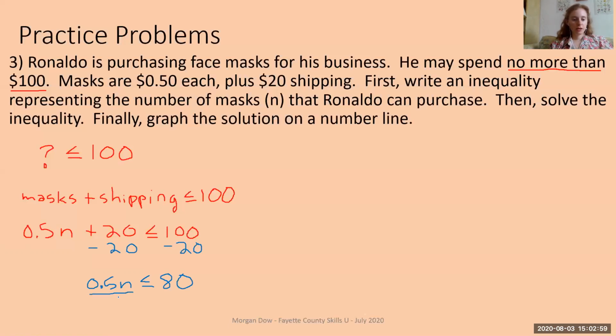And then to cancel out that multiplication, we're going to divide. Divide both sides by 0.5. And we get this solution of N is less than,